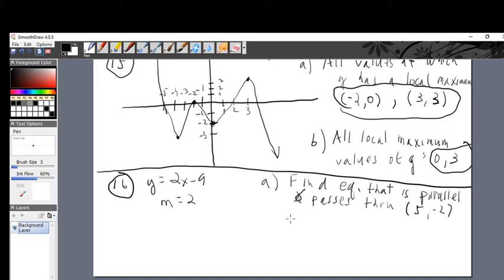All right, that makes our life easier. What do we got to do? We got to take y minus y1 equals m times x minus x1. That's the point slope form of the line. We got to feed it its x1, its y1, and its slope. Okay, y minus 2